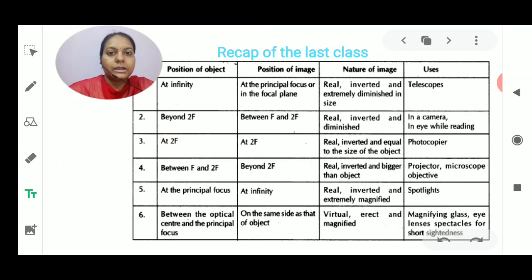We have also seen that there are various image and object positions which help in the formation of the image. The images we obtain vary in their nature, size and position, because they depend upon the position of the object. Similarly, we have seen the mirror formula and the magnification, and after that I gave you certain points on the refraction part of this lesson.